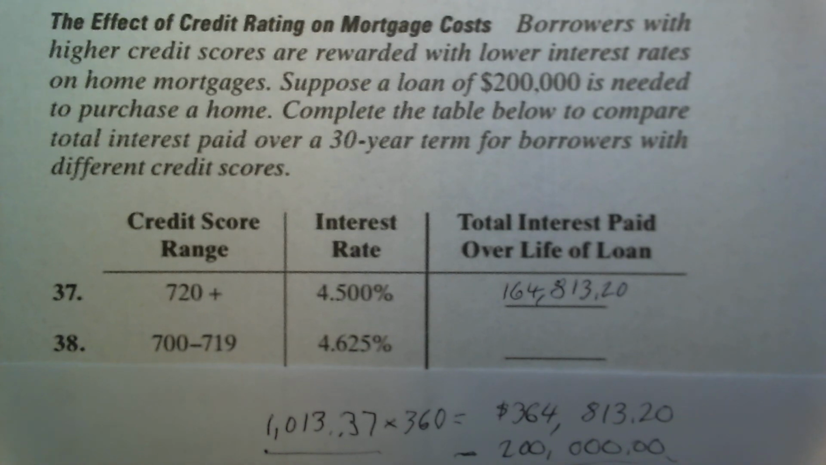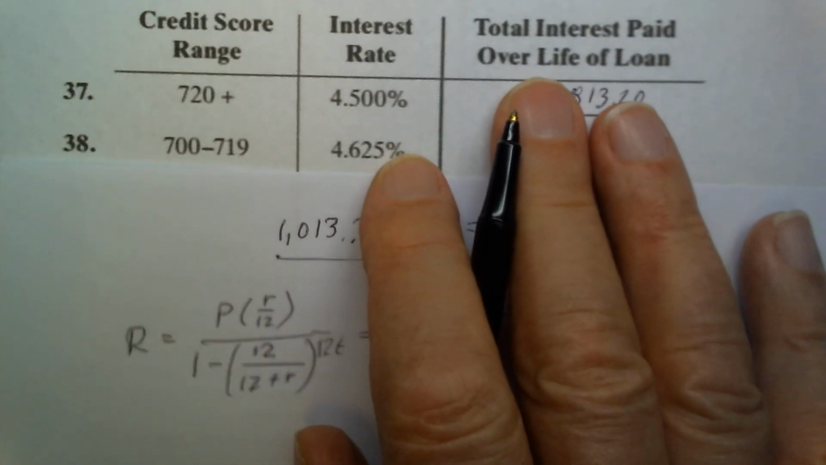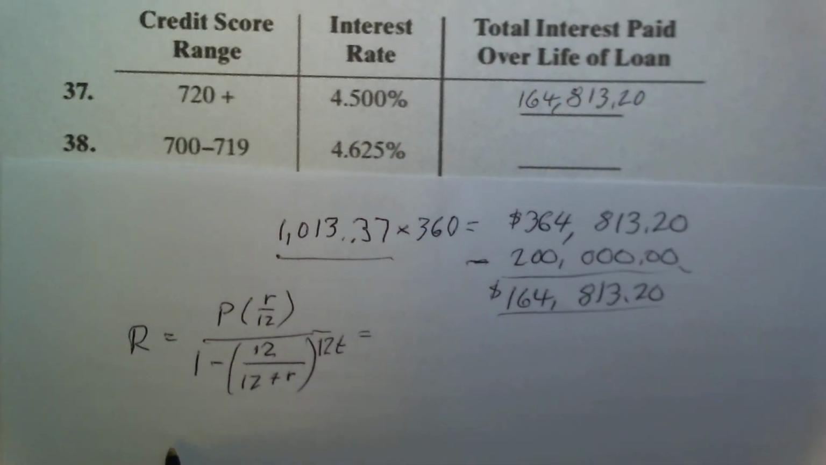payment formula. R equals P times R divided by 12, divided by 1 minus 12 divided by 12 plus R to the 12t power. Which would be, in this case, the principal is 200,000 and the rate is